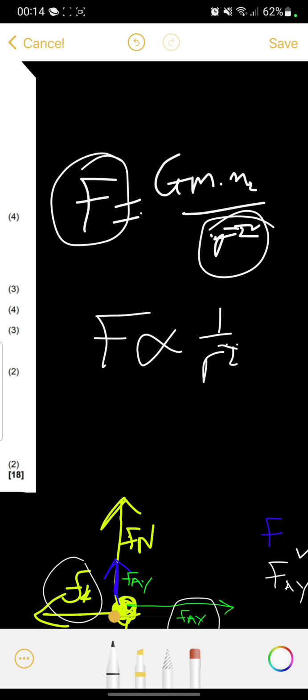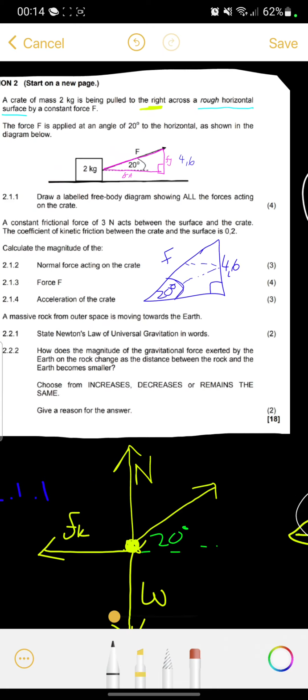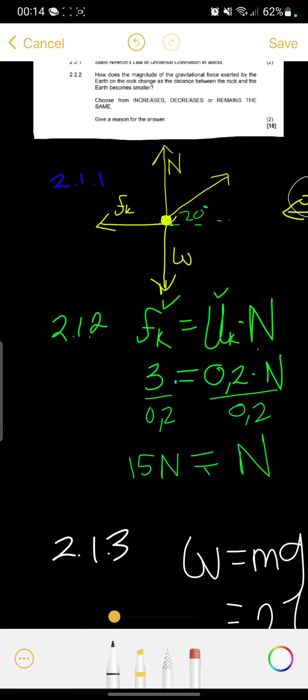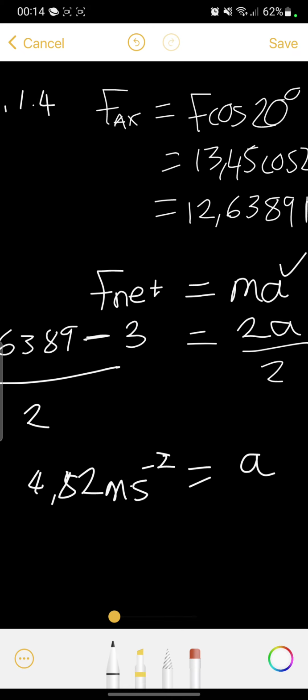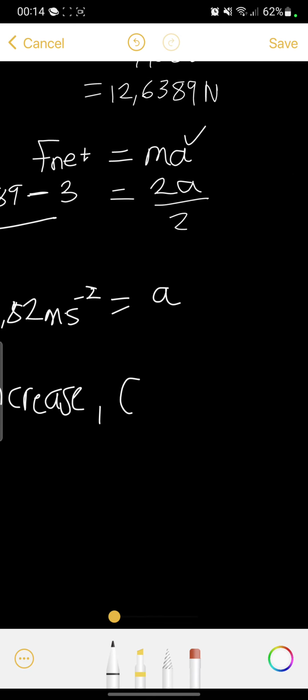What they're asking is, if this distance becomes smaller, what will happen to the force? Because of the inversely proportional relationship, if one becomes smaller, the other one will increase. We choose from increases, decreases, or remains the same. So here we can conclude for 2.2.2 that it will increase. The reason it will increase is because the gravitational force